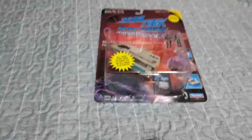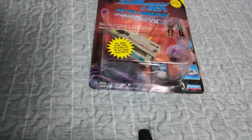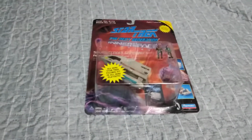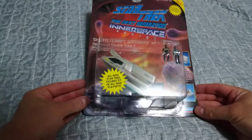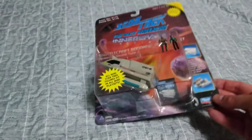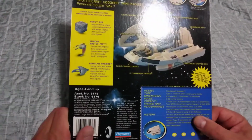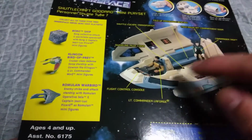Everybody, today we have this Action Fleet Star Wars Shuttlecraft mini playset. Wait a minute, we have the Star Trek The Next Generation Innerspace Shuttlecraft Goddard mini playset. From the Enterprise, of course, 1701D. From Playmates Toys. Comes with Lieutenant Commander Geordi LaForge,